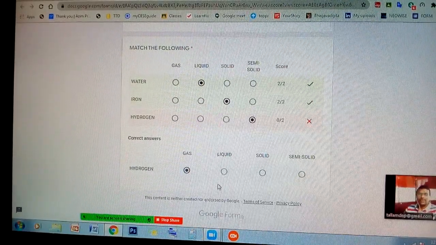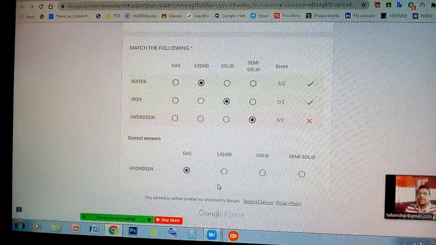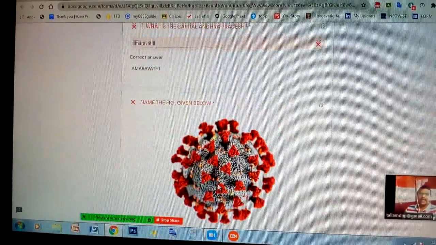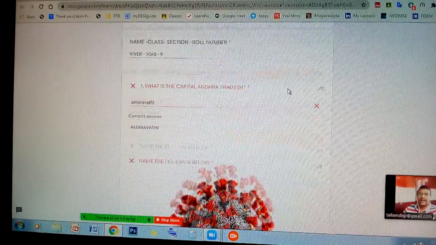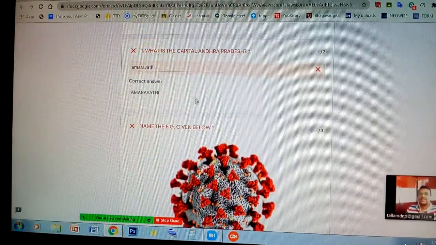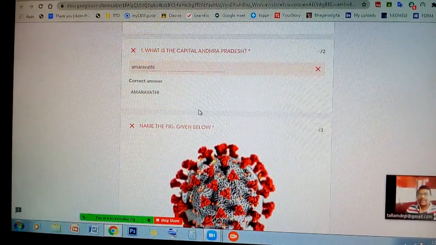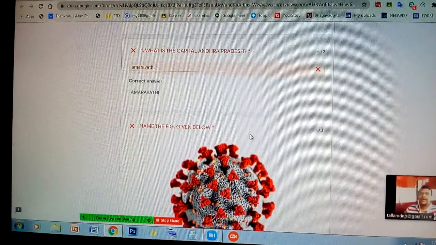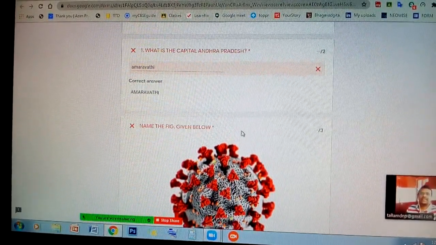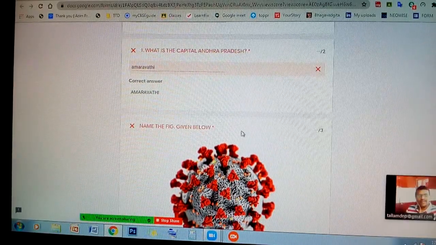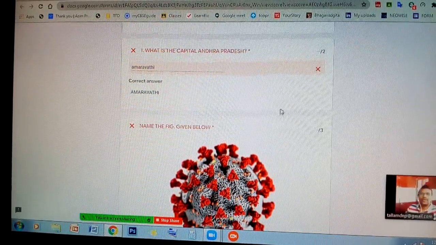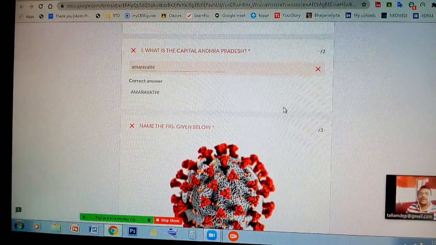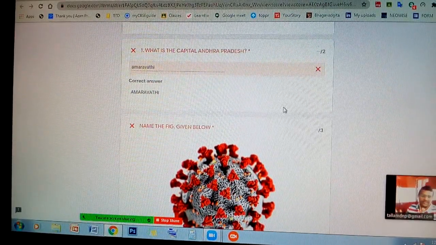As the student completes the test, in a fraction of a second they can see their score, and at the same time they will see the wrong answers or where they made the mistake. So there is a chance for the student to correct their mistakes at the same time. I hope it is one of the easy methods. But to do this work, we need to spend half an hour.